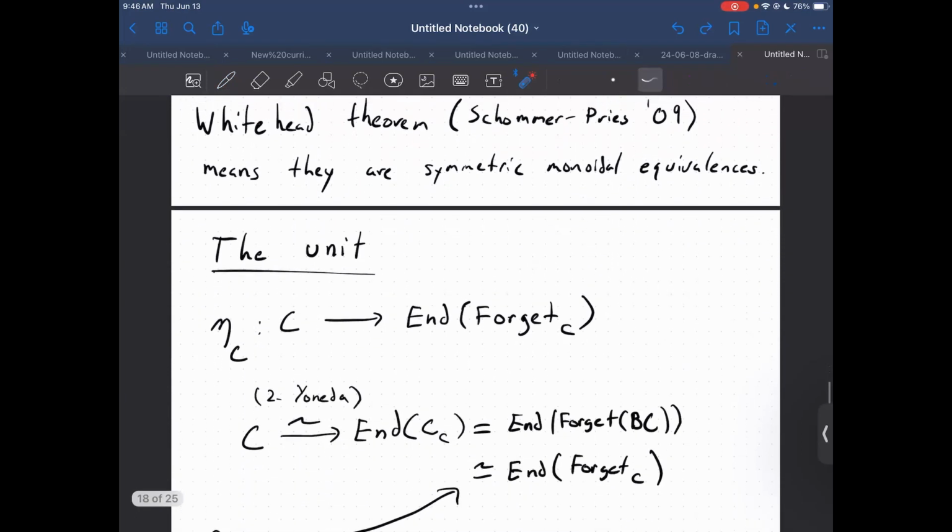So here's the unit. We're going to use the two-unit lemma to embed some monoidal category C into the endomorphisms of C as a right C module, and then use the fact that the category of modules is the Cauchy completion, some sort of completion operation, to get that restricting to C is an equivalence between the endomorphisms of the entire forgetful functor and just evaluating this object. Okay, so very formal, just Cauchy completion has its universal property. The category of modules is the Cauchy completion, and the two-unit.